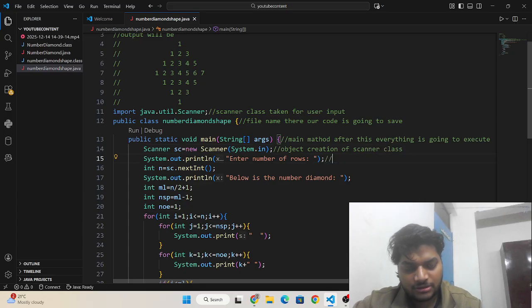This is the message to ask the user to enter the number of rows.